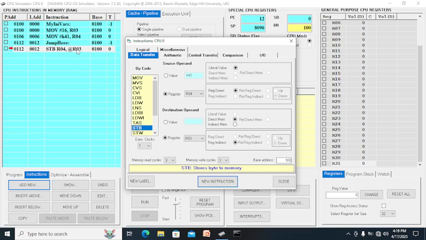Like here, R03 is a memory address, so that is indirect. You review direct memory addressing, indirect register addressing, and direct register addressing. This one is indirect, because you are not passing data in R03, you are passing a memory address.